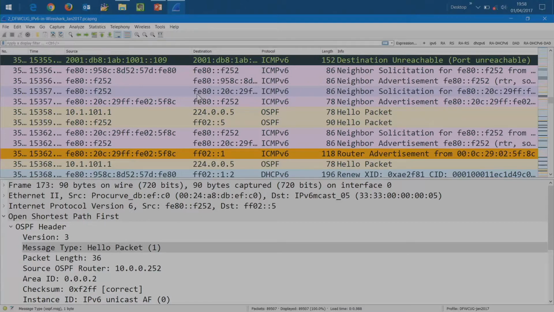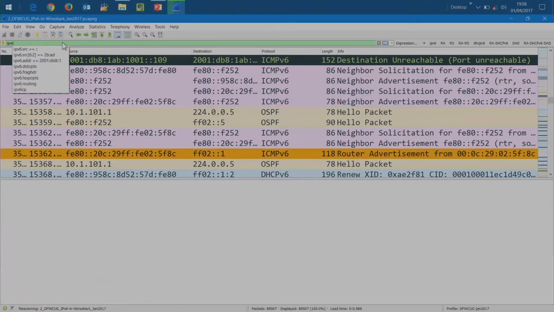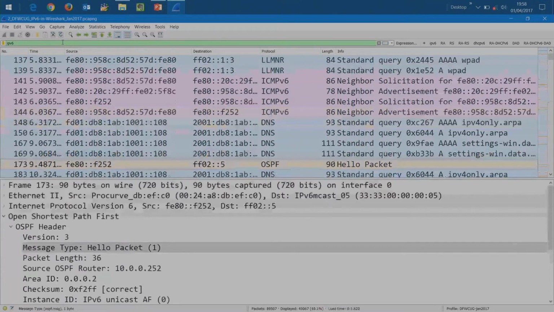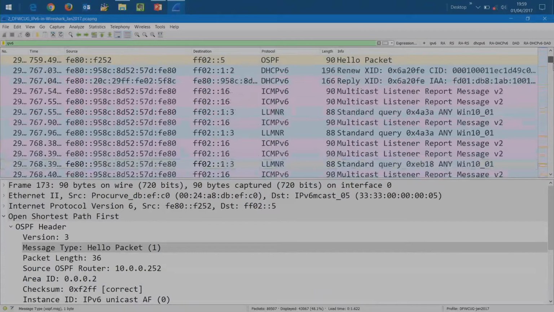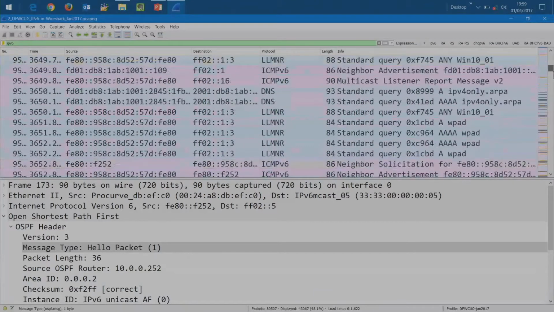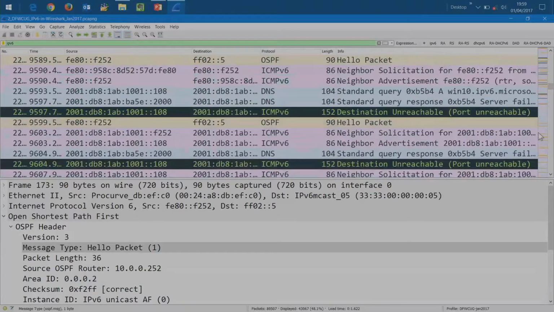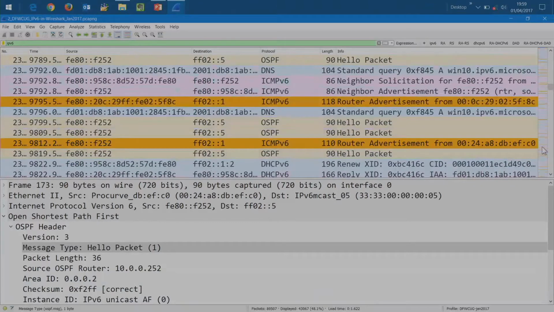One thing I can very quickly do is just come up here and say, in my display filter, just type in IPv6, hit enter, and it filtered out of 89,000 packets. Now I'm only seeing 43,000 packets. Now I'm only seeing my V6. So my color bar, I get a little bit, you know, 50% better granular detail on it. As I move my scroll bar to different areas, I can see the color. I can also just go click on an area of the color bar and jump to those packets.